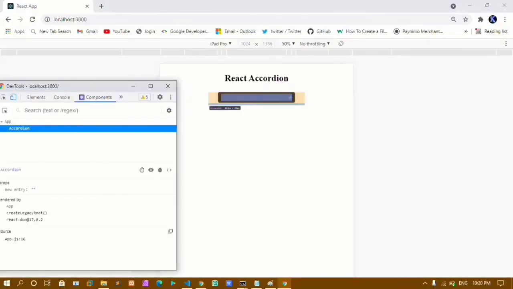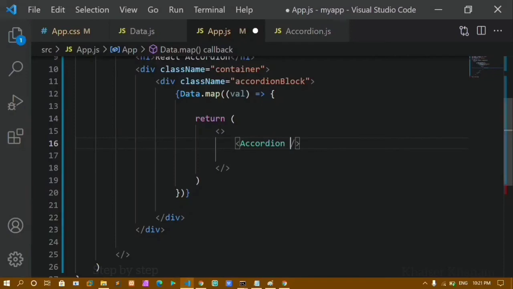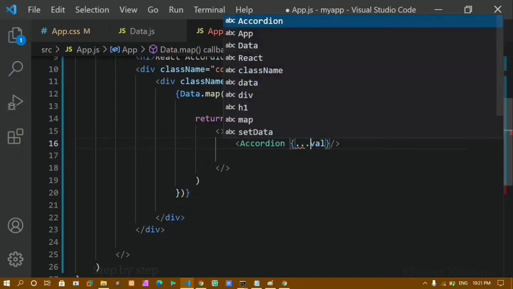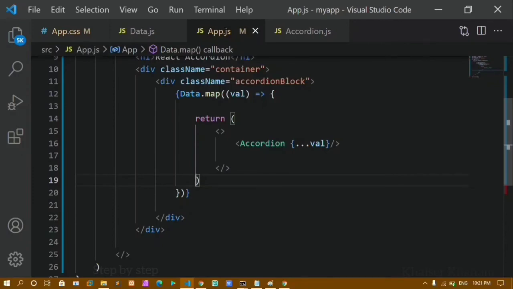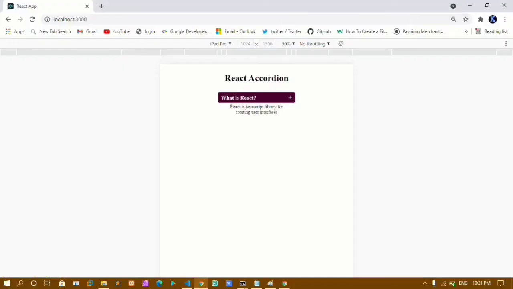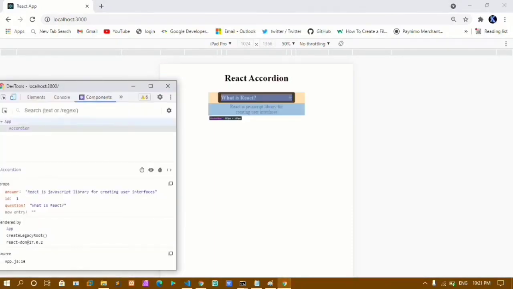Now in my console, if I show you, you can see inside accordion I don't have anything and it's completely empty. So to get the data, we have to use spread operator. Here I'll be writing val, which is having all my current data, and using spread operator we can access all the previous data. I'll save this. We can access all the array data and also the previous data. Now you can see my question and answer have come once I give the spread operator. Inside my console also you can see I have this question, this answer, and this ID.